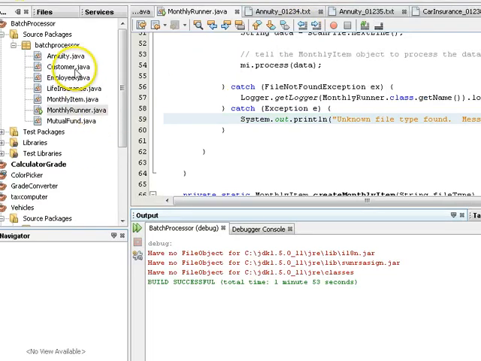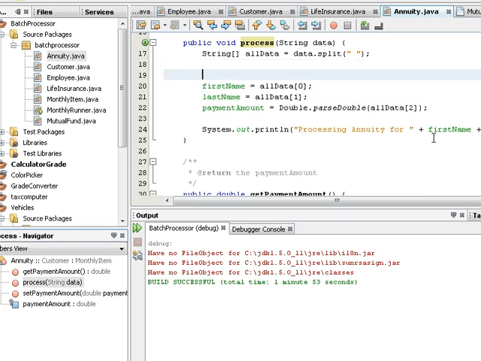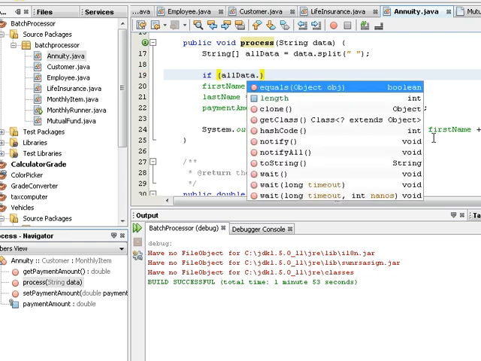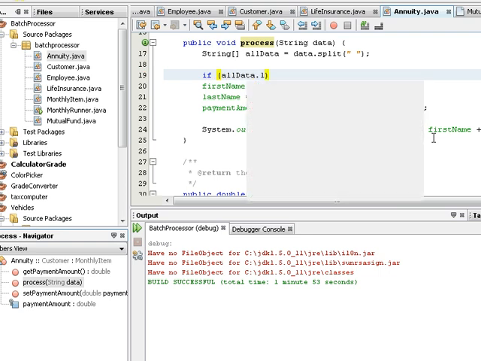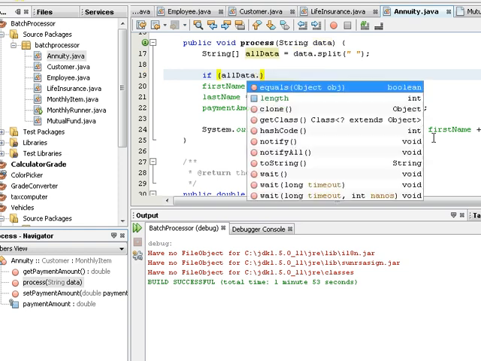Okay, let me go back to annuity again. And now I'm going to change this back to where it was. We'll make it access all data 1. And first what I'm going to do is say if all data, let's do length. Length will tell us how big it is. All data dot length